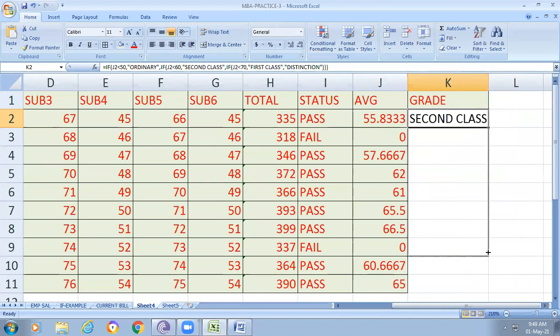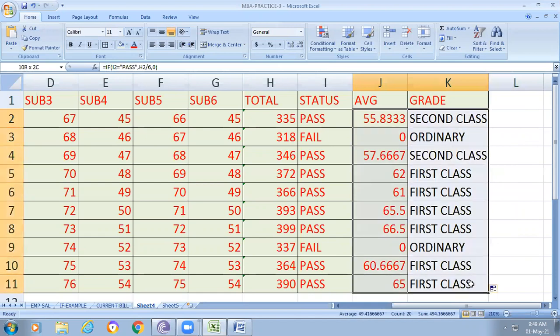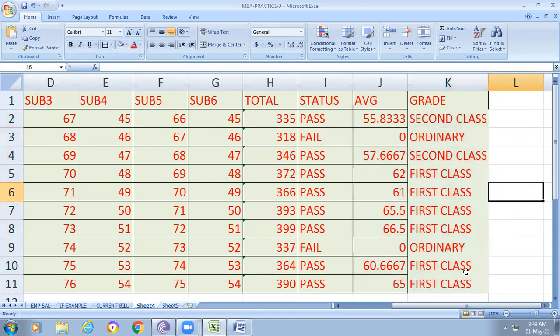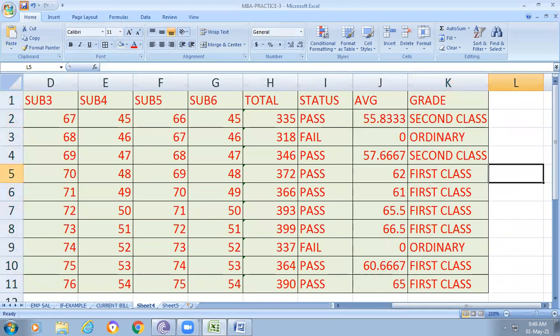Just close this, change the background color and test. Here the table columns are missing, so you can click the clipboard. In this way we are calculating the ordinary grade, but if you observe, 0 is also ordinary. So that's why we can verify that first.